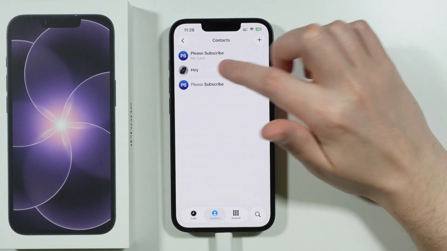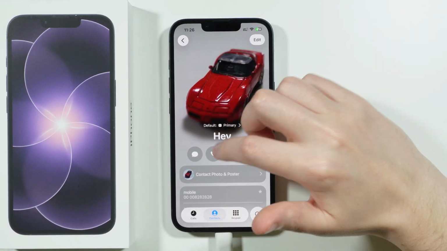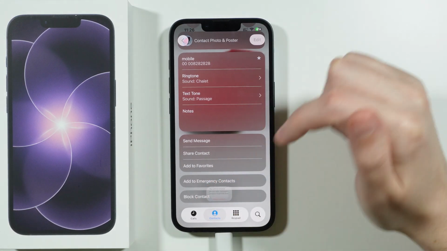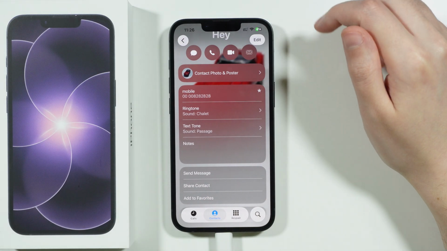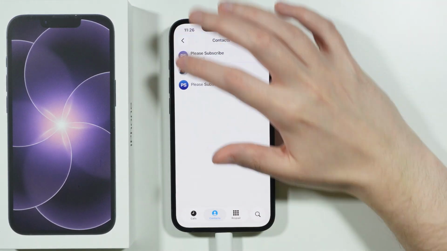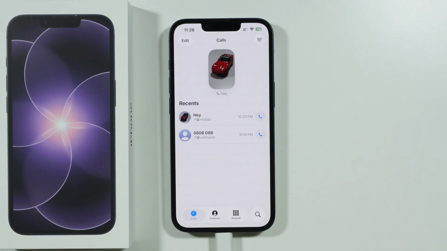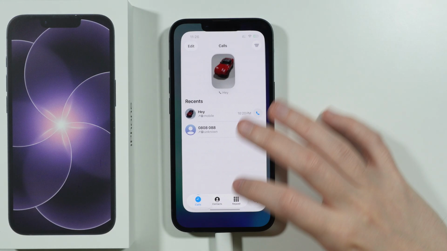We can do the same thing with the phone number. We can do the same thing with the contact itself. So for example, if I block a contact, then over here at the bottom we will find unblock contact as well. But if it's quite difficult now to find that phone number that has been blocked some time ago, then in that case